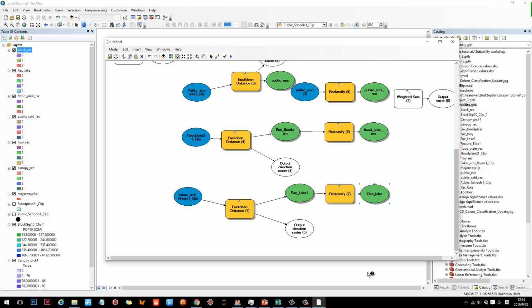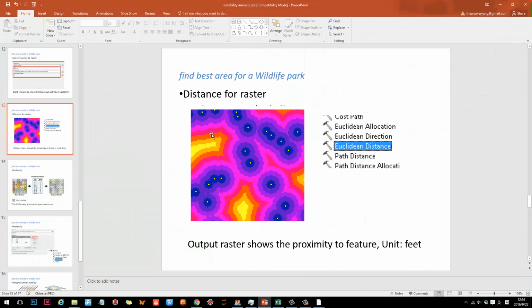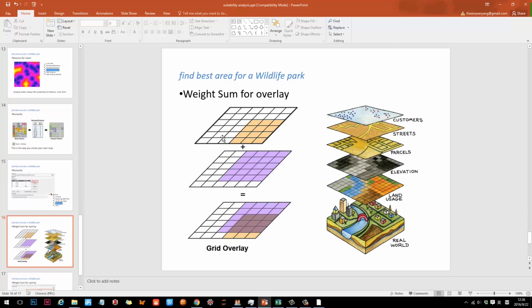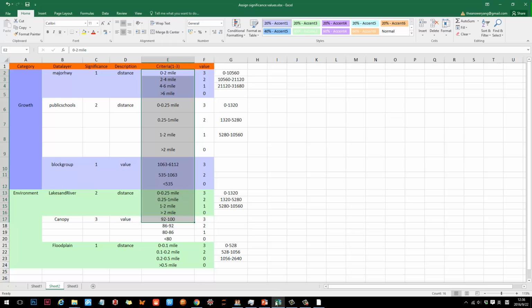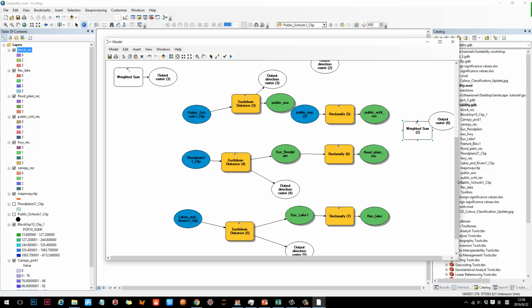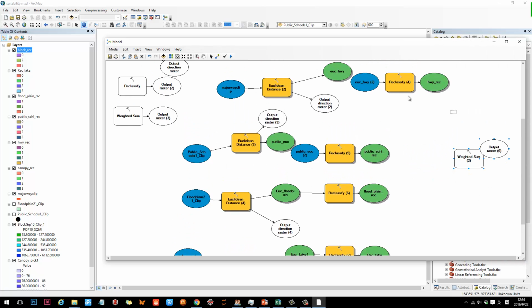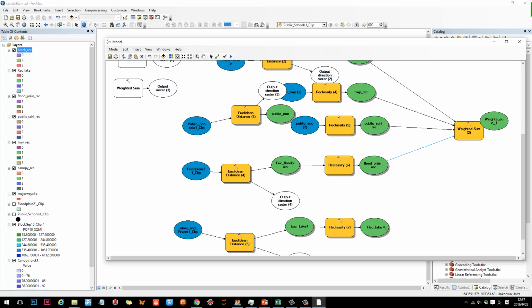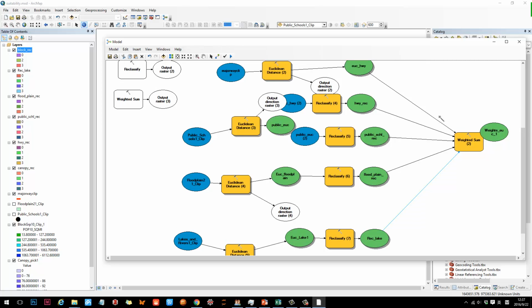Once all these are finished, you have this distance and reclassify, right? Reclassify them. We do the final step, which is weighted sum. That's how we combine all those together. So this is all the results. I have all the results down here. Just drag. So this is weighted sum. Drag in here. Drag in here. Drag in here. Drag in here. Drag in here. So we have 1, 2, 3, 4,